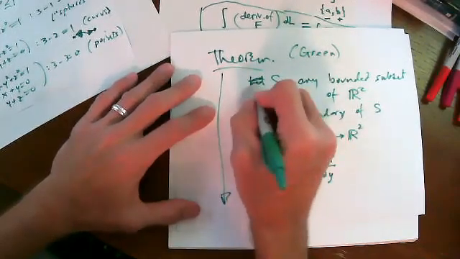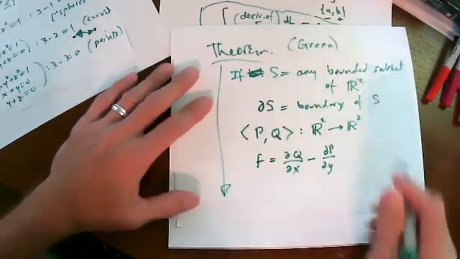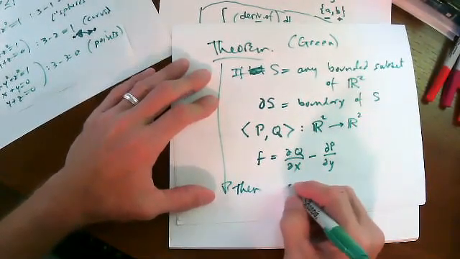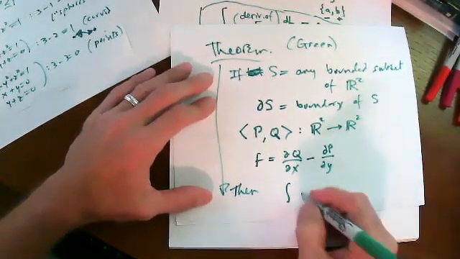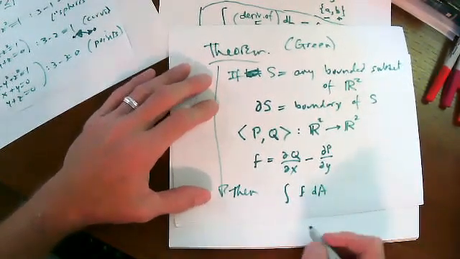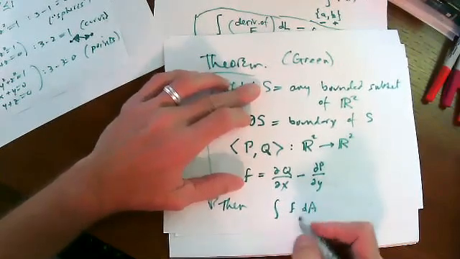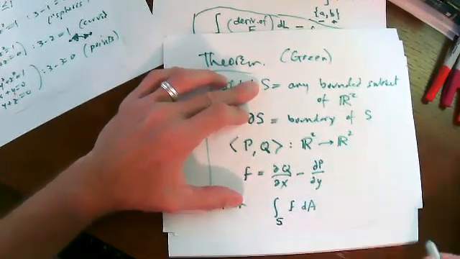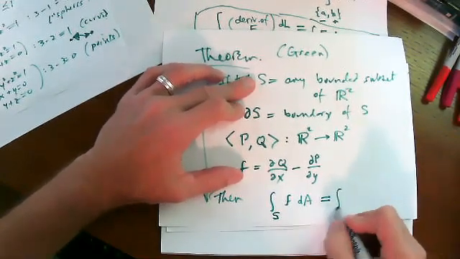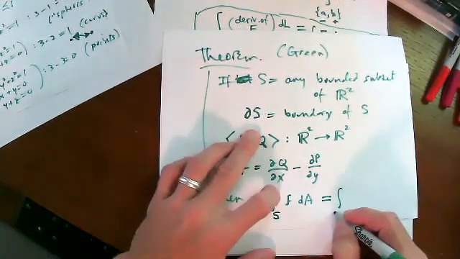I should have said if, not let. How's that? If you have all this stuff lined up, then Green says that a two-dimensional integral, the integral of the function little f that I've just computed here, integrated over the two-dimensional subset of the plane that you started with, will match the value of the line integral over the boundary of S